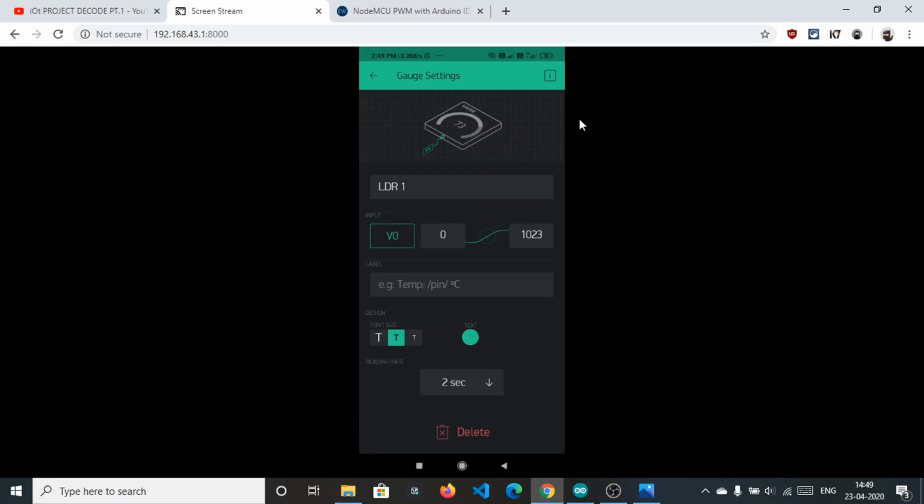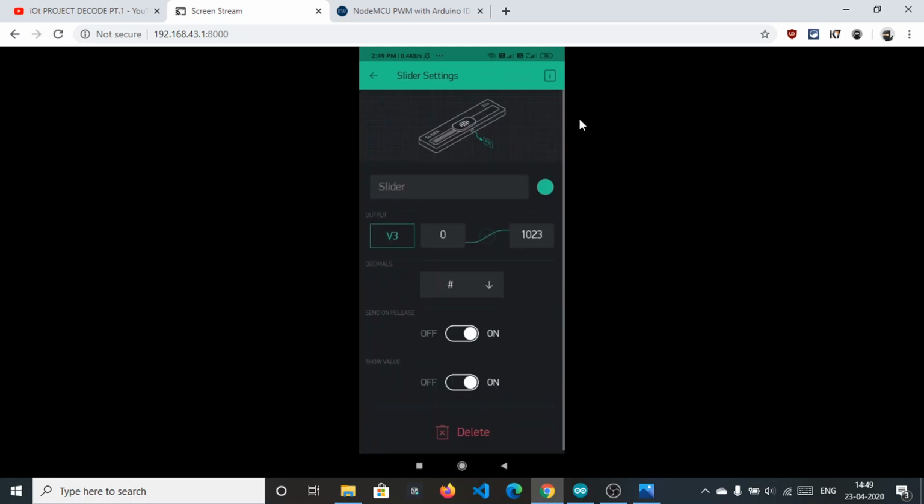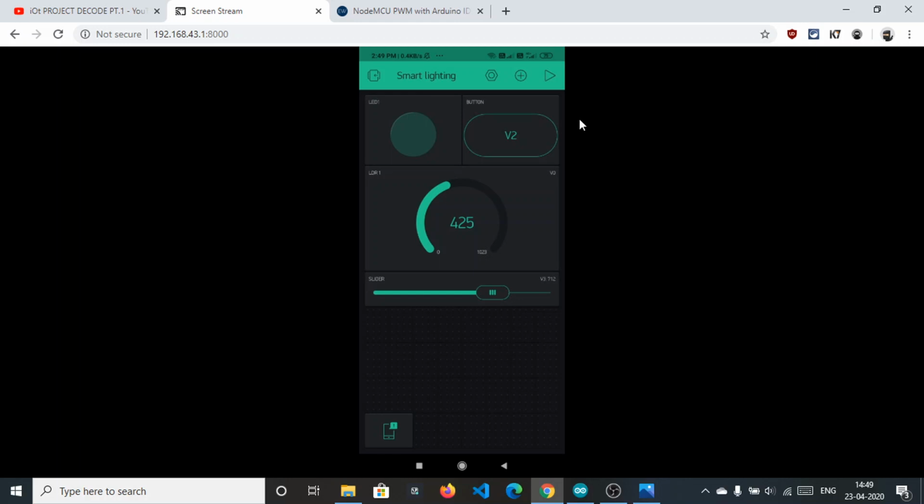This will detect the daylight and the brightness of day and night, so that we can distinguish between them. And the fourth widget is our slider, which will help us set the brightness of the LED when no car is there at night. Fine, let me check the session if it's working clearly.